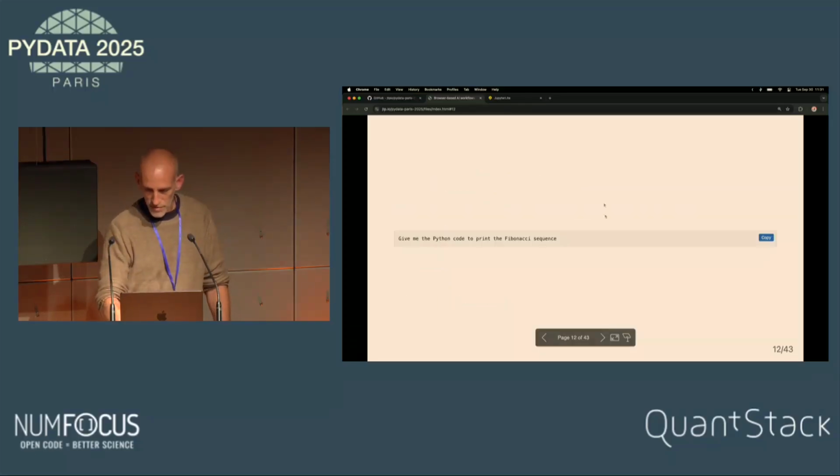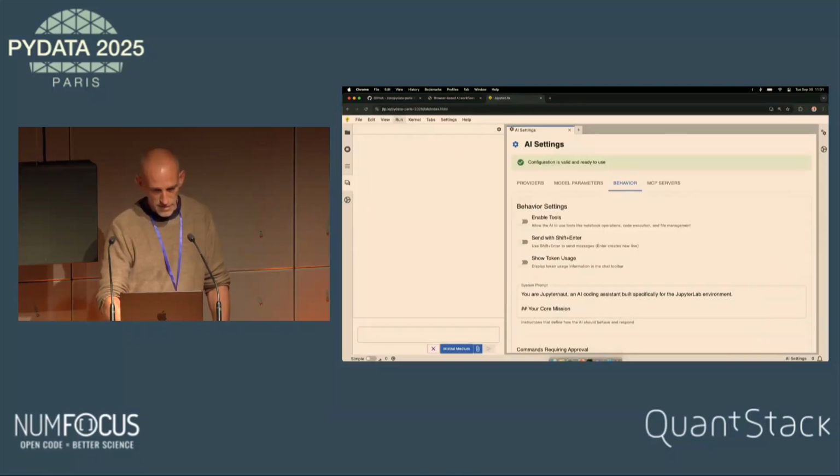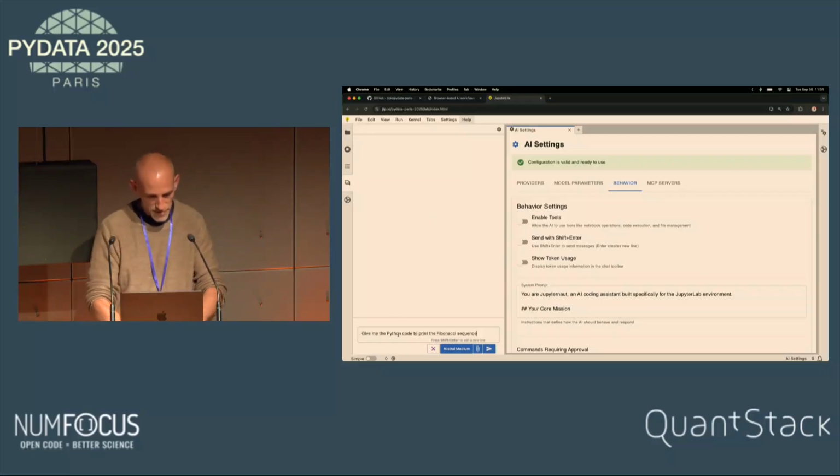So we can start a quick demo and see if it works. Here you have JupyterLite. As I said, it's a static web page that includes JupyterLab, and we have a chat that we should request.